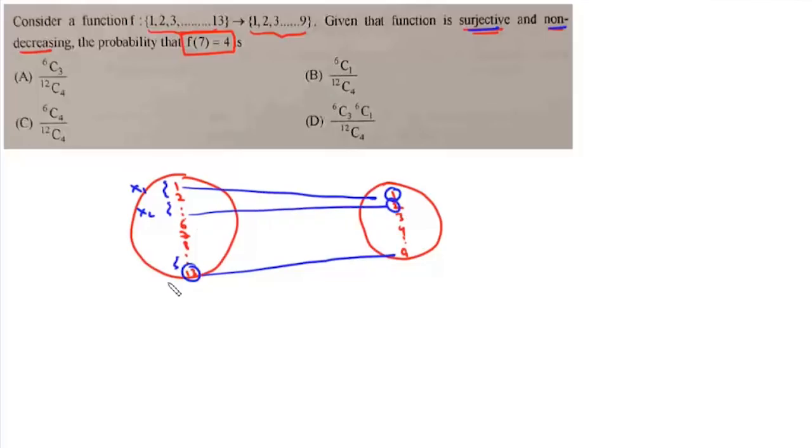and non-decreasing. Now it will be surjective and non-decreasing if this one is mapped to this one, and it may also map to 2 or 3 whatever, and this 13 has to be mapped to 9. Now what we'll do is we'll say these first x1 elements will be mapped to 1, then x2 will be mapped to 2, and then we'll have x9 which are mapped to 9. So x1 plus x2 plus ... plus x9